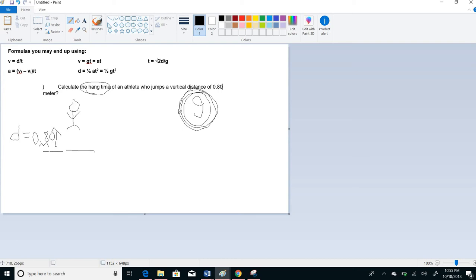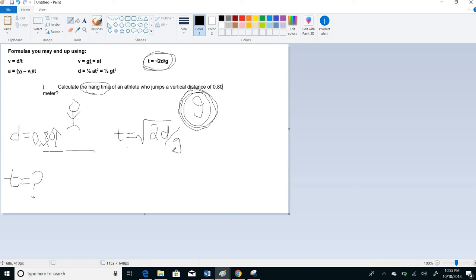So I'm looking for hang time. I'm looking to solve for time. I have distance. And I also have G because this is vertical motion. Now, if I look at my given formulas, I can find one that has time, distance or displacement, and G. So I can use this formula to solve for hang time, which would be square root of 2 times D